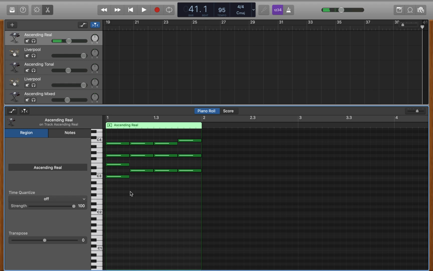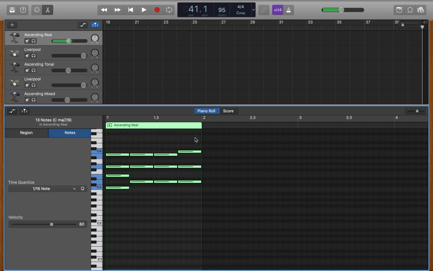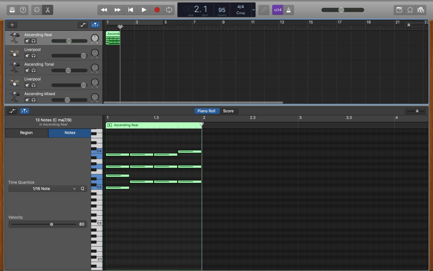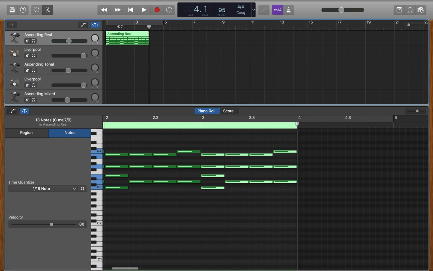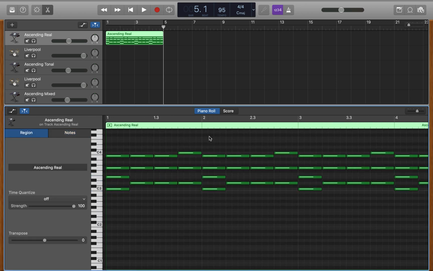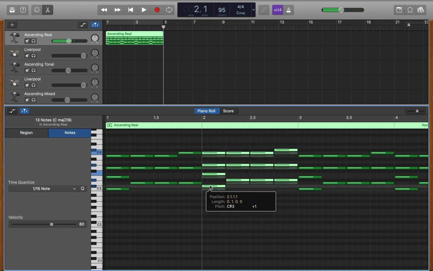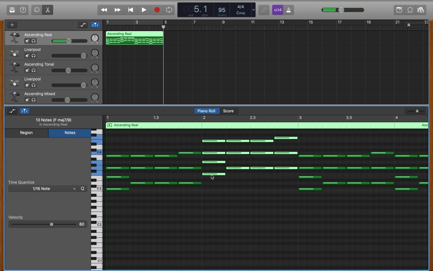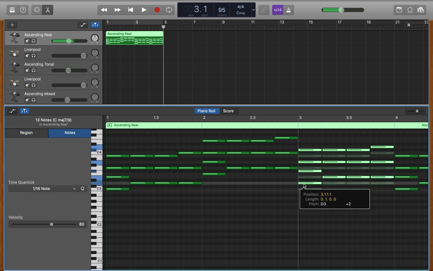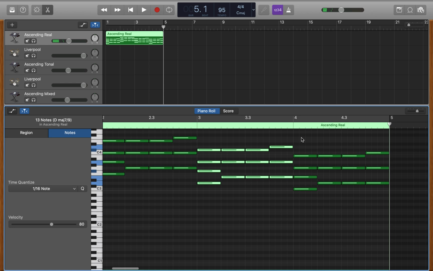So there you go. And what we're going to do is we're going to copy this. Copy, Command C, go to the next measure 2, Command V, Command V, Command V. So it's going to be 4 measures apiece. From here, you're going to select measure 2, and I'm making this ascending, so I'm moving this up to any direction. So I'm going up to F. I'm moving this one up to D, and then this one's going to go all the way up,